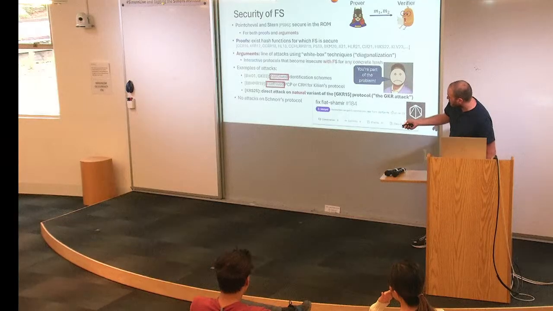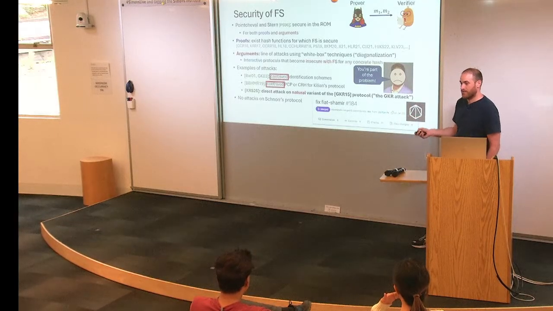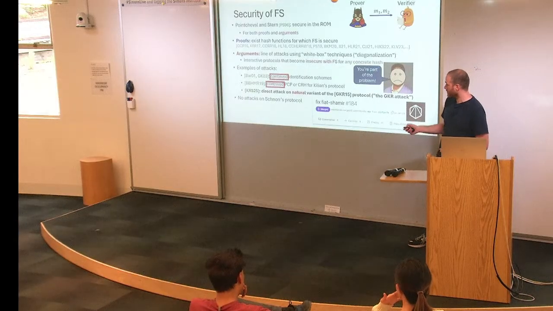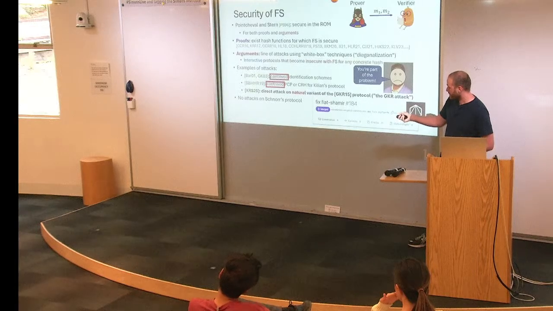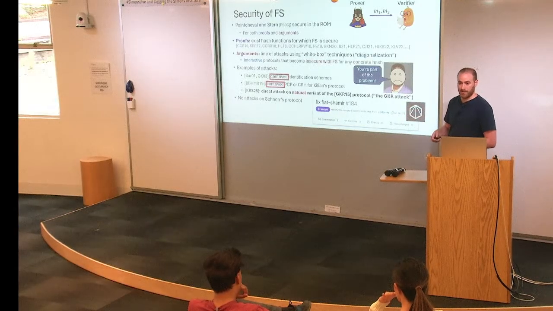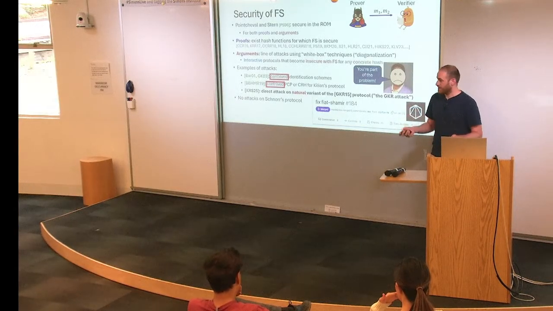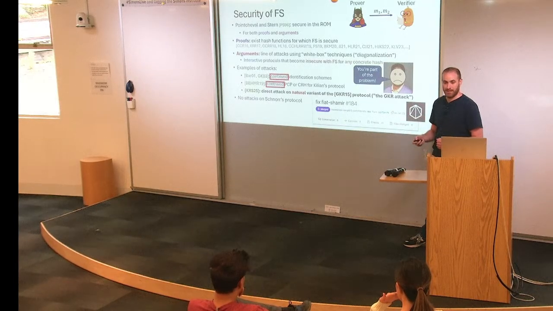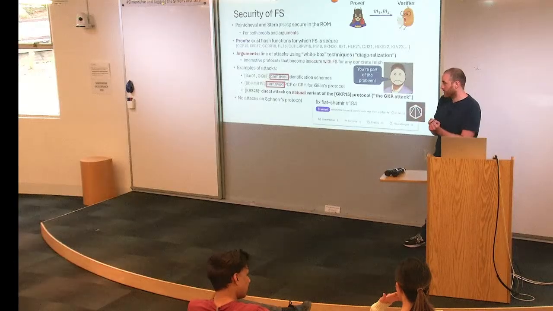I will mention that we don't have any attacks on things like Schnorr's protocol or the Fiat-Shamir identification scheme or digital signature. These seem to be because in all of these attacks, we sort of need to be able to compute arbitrary functionalities. Arbitrary computation. And Schnorr's protocol doesn't seem to really allow anything like that. You just are working over a group.